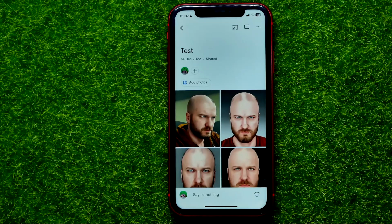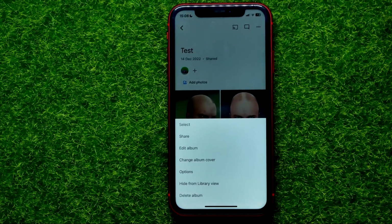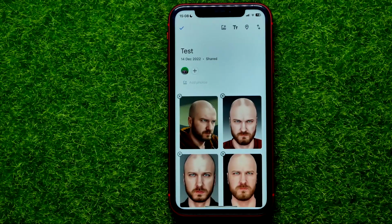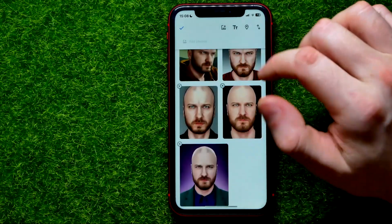And if you want to delete some photos, all you have to do is right here hit the 3 dots icon, and then hit on edit album. Then it shows you those icons, so if you want to remove a photo, all you have to do is